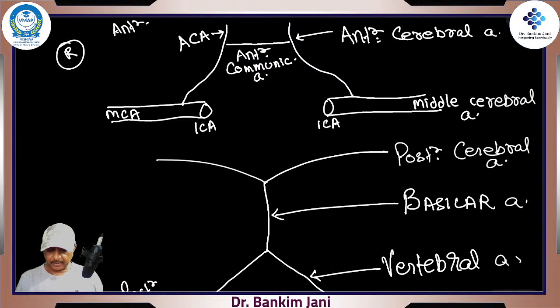Let's connect both these circulations together. This is connected by these arteries, and that one is called the posterior communicating artery, because if this was anterior communicating, which was joining the anterior cerebral arteries, this is what is called the posterior communicating